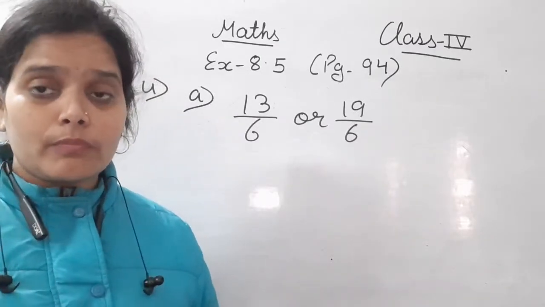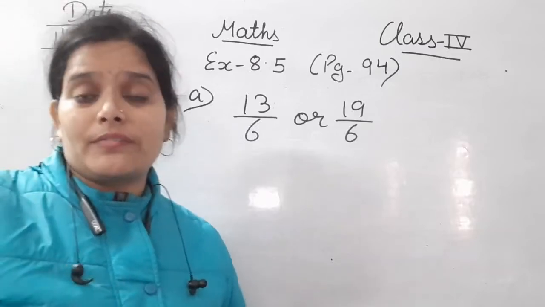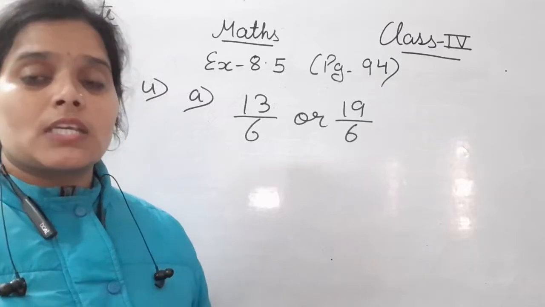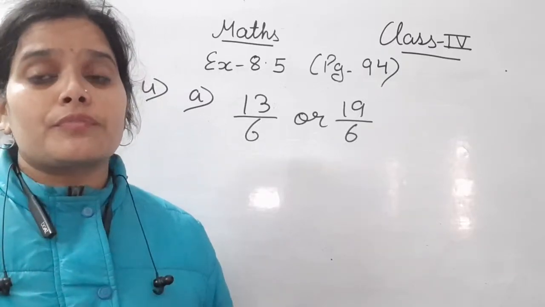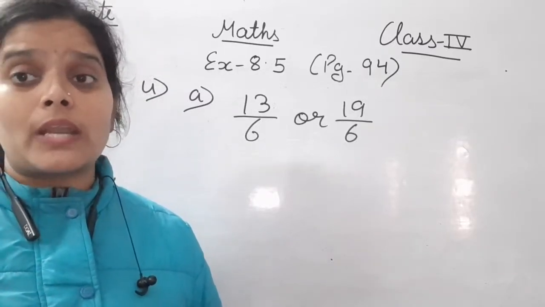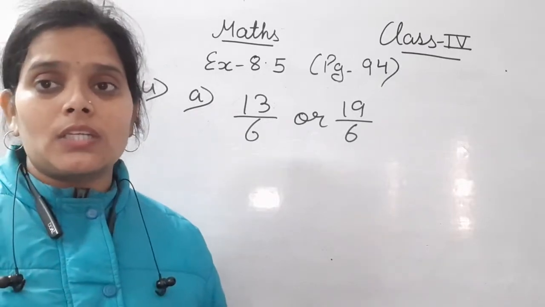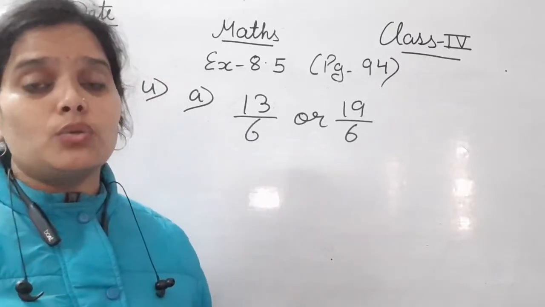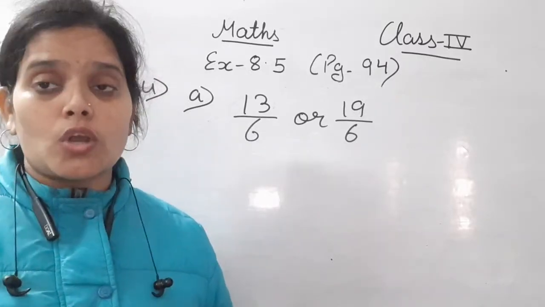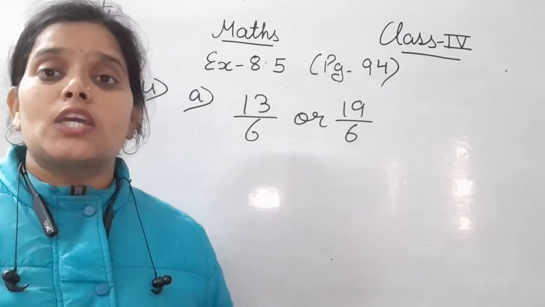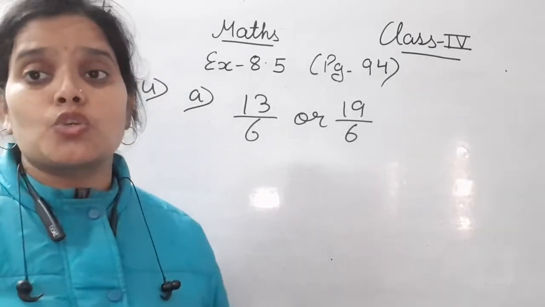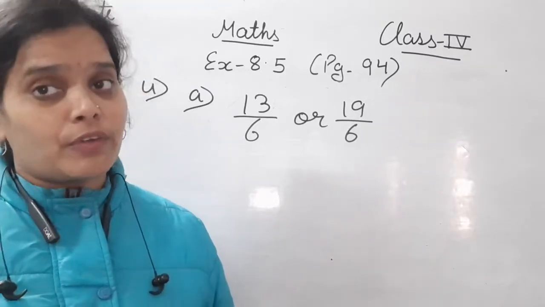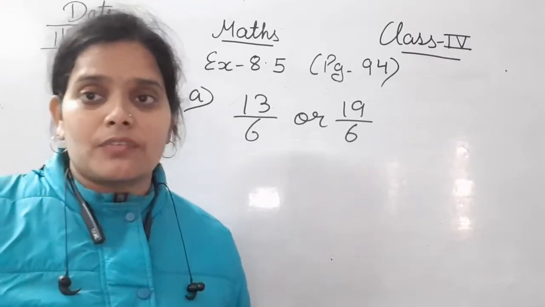But if one is a like fraction and another is an unlike fraction, you can't compare them. So first of all you have to change them into like fractions, and then only you can compare them. So one thing you have to remember: whenever you compare two fractions, the first thing is that the denominators should be the same. The denominator is the same for which fractions? Like fractions. So that should be like fractions only.